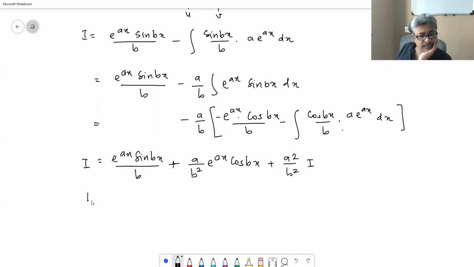b square minus a square upon b square, is it going right, times I is equal to